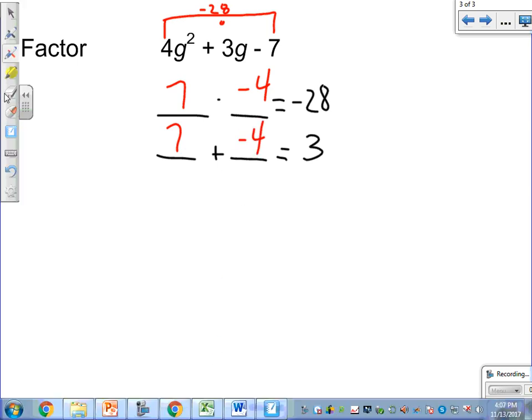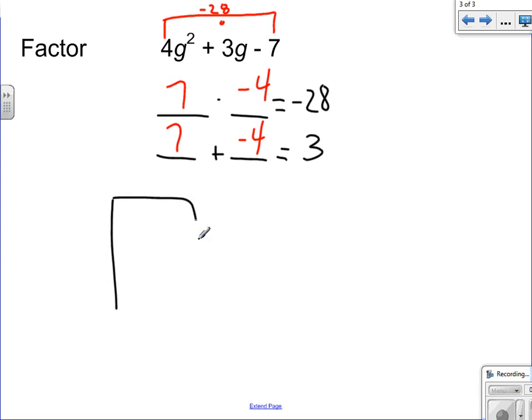Okay, now that we have the numbers that make the magic happen, what time is it now? It's not snack time, it's not nap time, it's not tea time, it's table time. And you guys have been doing a really good job adapting to using this table. I know at first a lot of people didn't like it, but you're starting to come around and that's good. All right, first box is for the first piece of our quadratic, 4g squared. Last box,